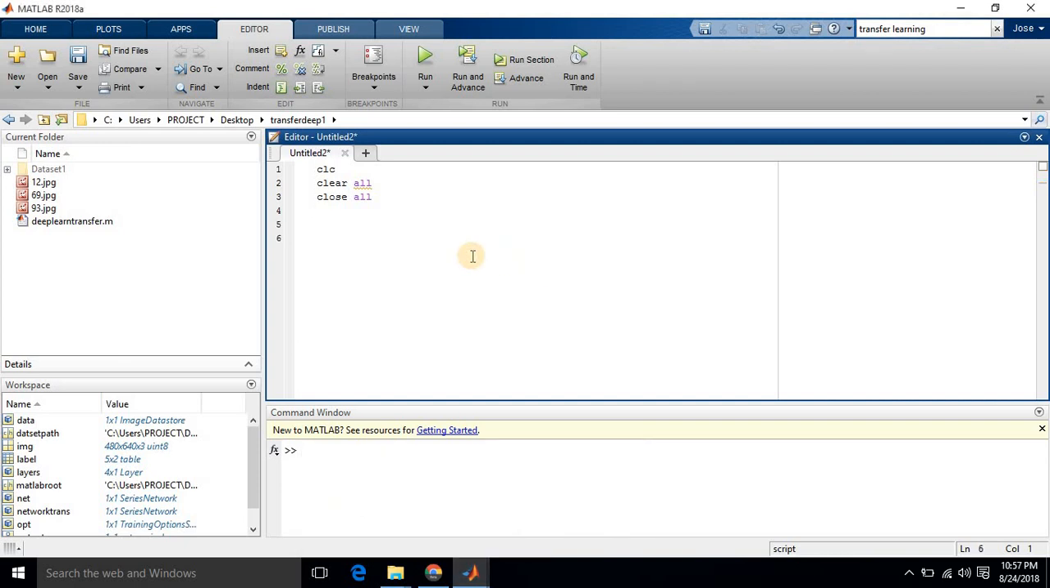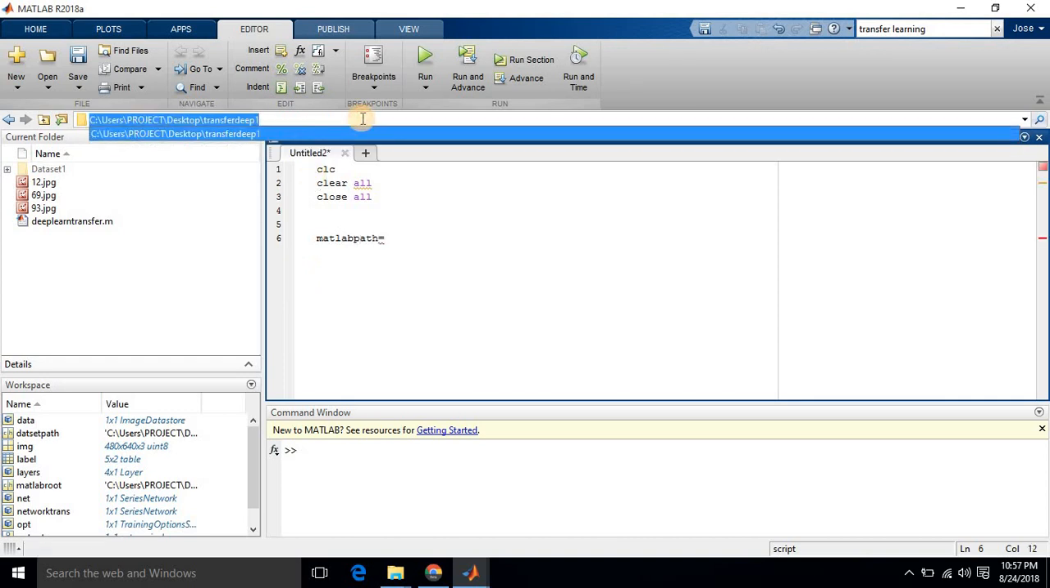After that, which type of pre-trained network am I going to use? AlexNet. Today I am going to use AlexNet as a pre-trained network. So before that, first we need to set our path. MATLAB path is equal to, go here and copy,